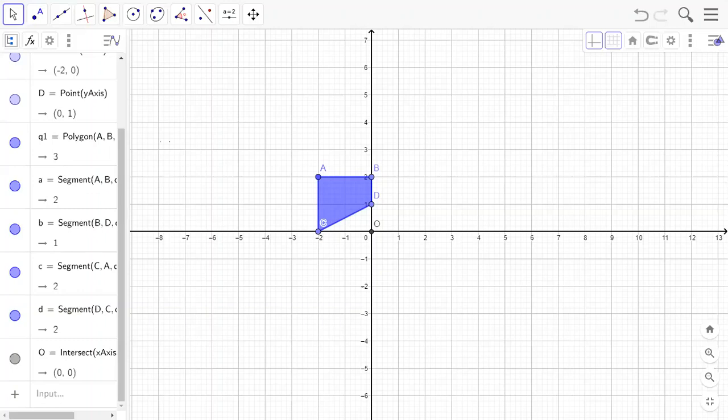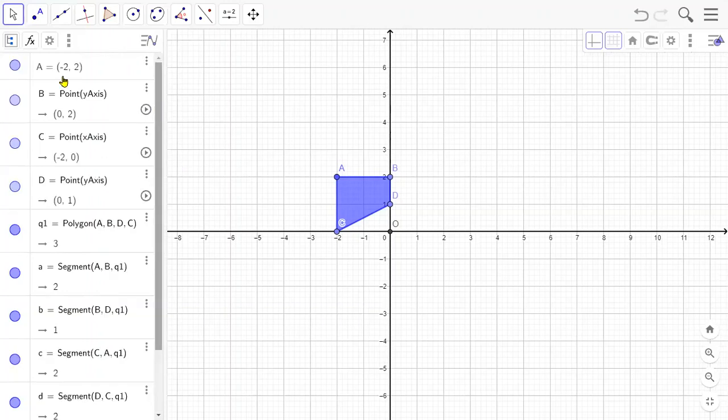Just changing the sign. Okay, let's go to the vertex A. Here the coordinate of the vertex A is given. What is the coordinate? -2,2, sir. Okay, -2,2. And what will be its coordinate after changing the sign? 2, -2. After changing the sign, the point will be 2, -2.